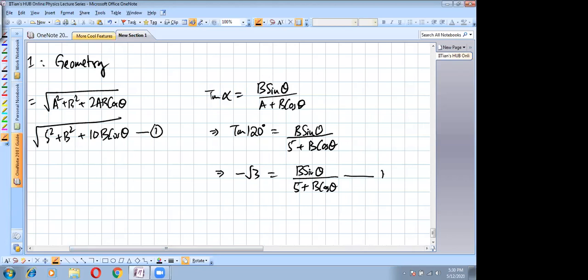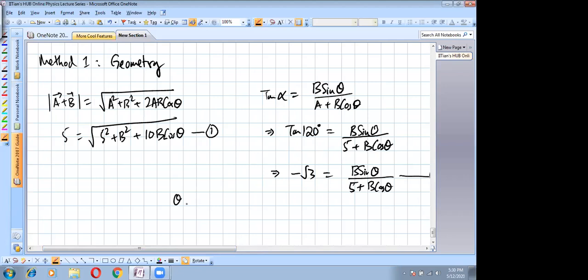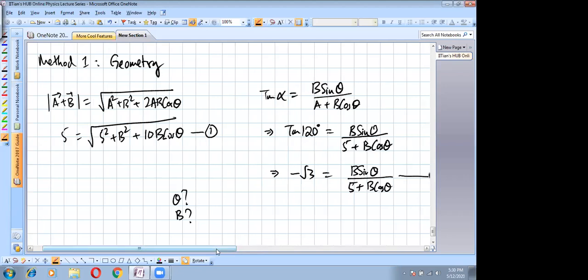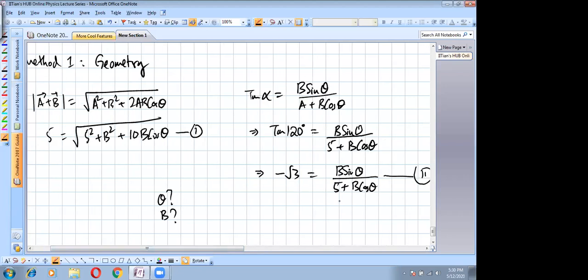But as you can see, this is already going very lengthy because you have two unknowns, theta and B, and you have two equations. But solving this is a pain. You have to square both sides, compare sin theta, cos theta. So I'm not going to do that. I'll come back to this. But easier than this is